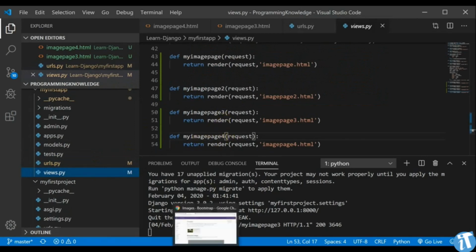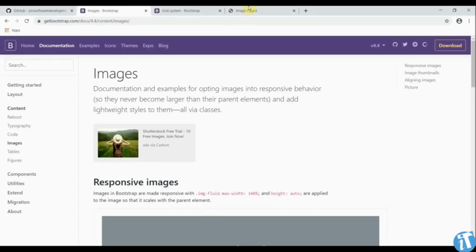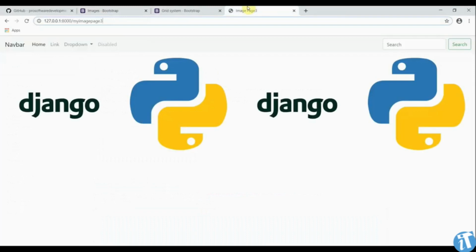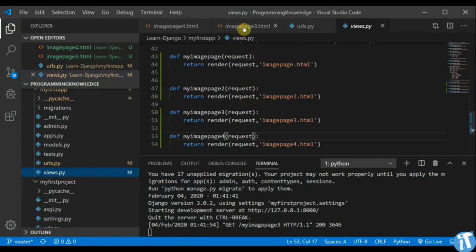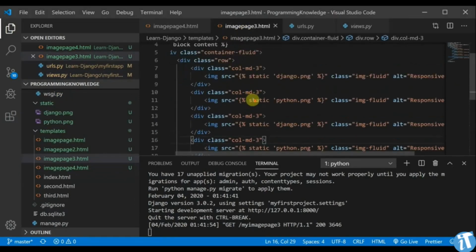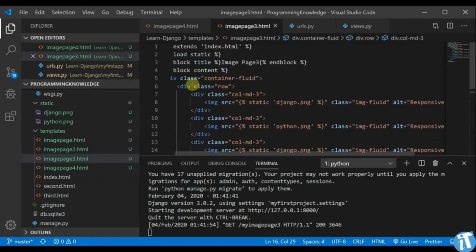So what we are going to do is start our local server, which is already started, and inside my local server I would move to this route, my image page 3. I'll show you some interesting fact about this. So this is our image page,